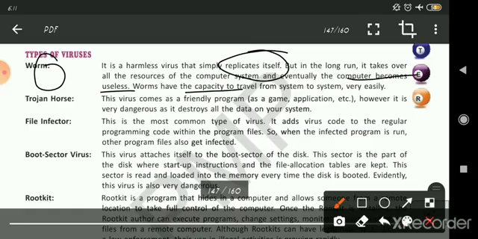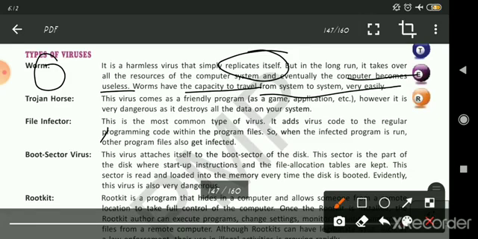Worms have the capacity to travel from system to system very easily. It will make an exact copy and start reproducing itself. It starts making its own copy inside your system.